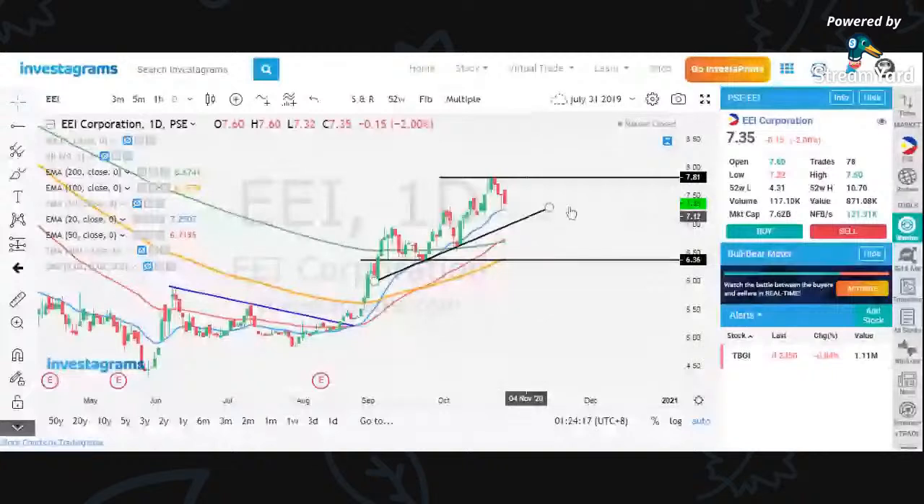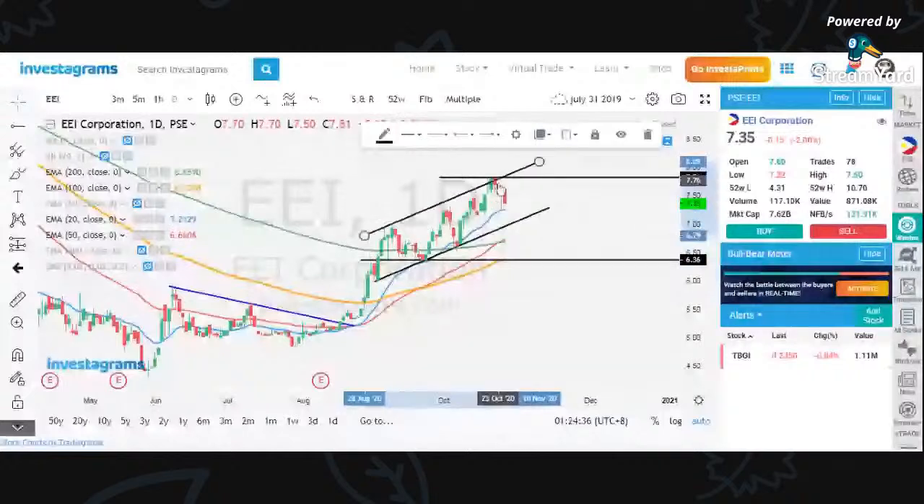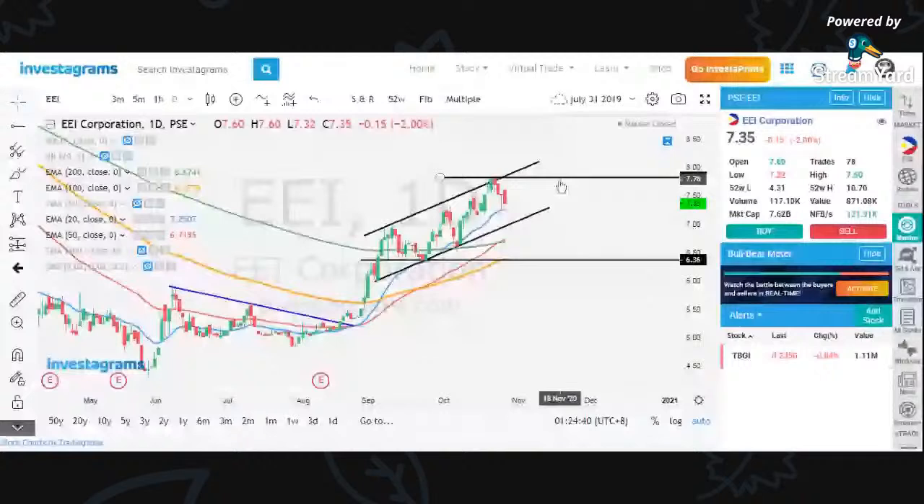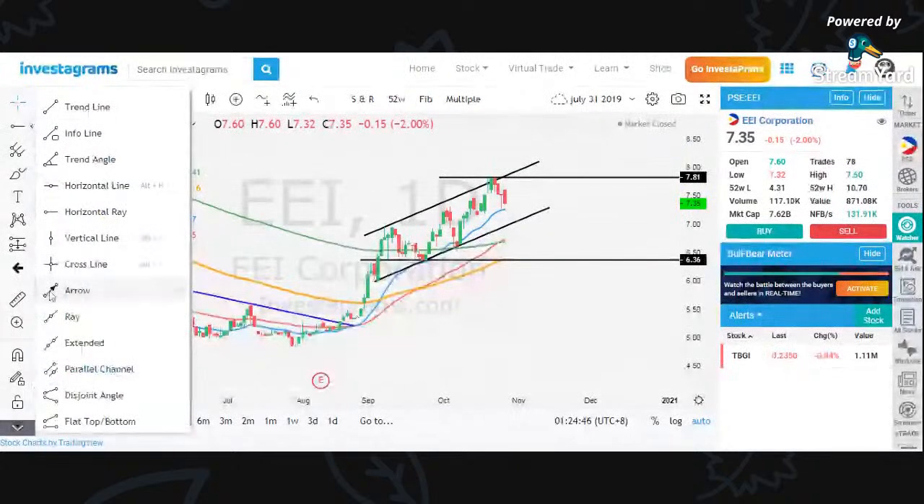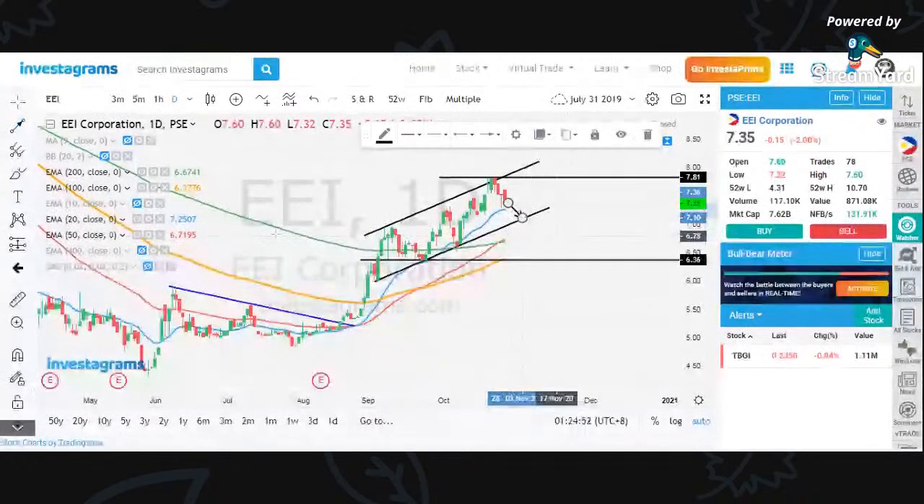Kung lagyan natin ng trend line yan, para ma-measure natin kung may momentum pa si EI, i-connect natin yung high, then tumama siya dito sa area, no? So kung bababa si EI, halimbawa, bababa si EI dito sa may incline support, and then mag-bounce siya. Kunwari lang, this is the example, and